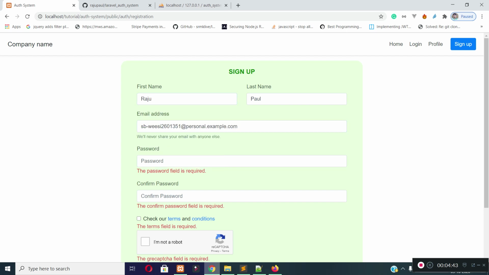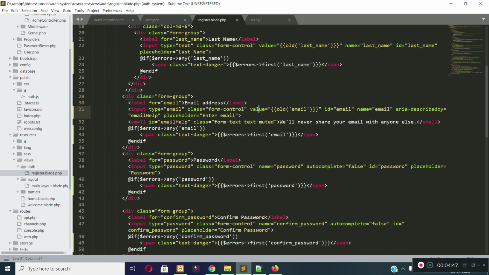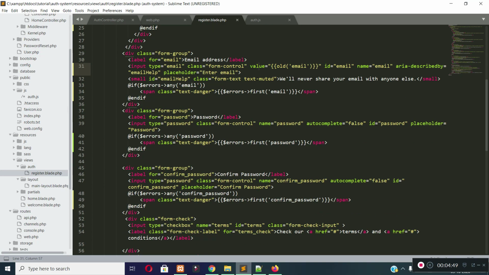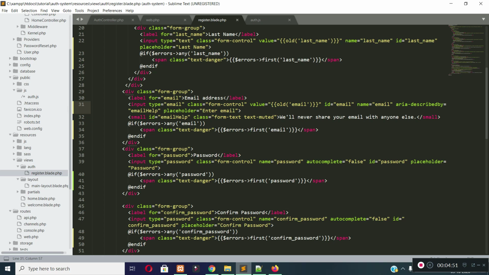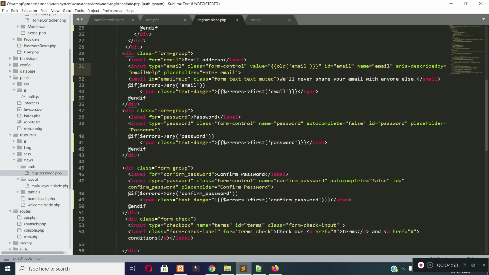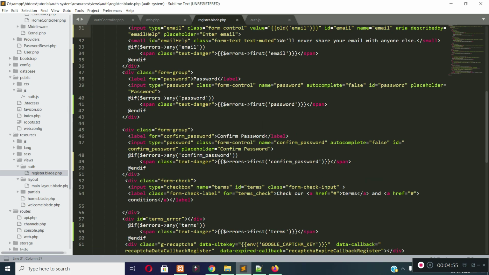Now for the checkbox field, I will check if there is any old value for the terms and condition, then I will simply check the checkbox. So where is the checkbox? It is here.